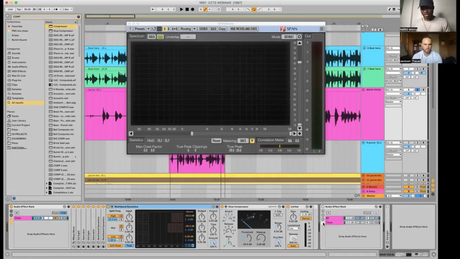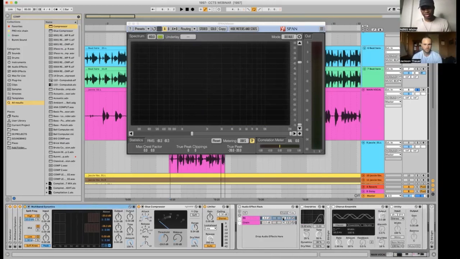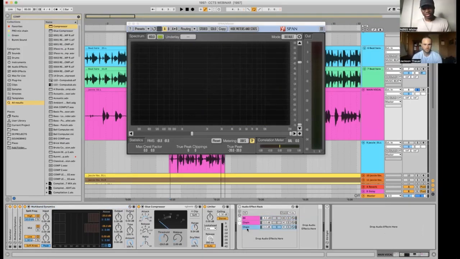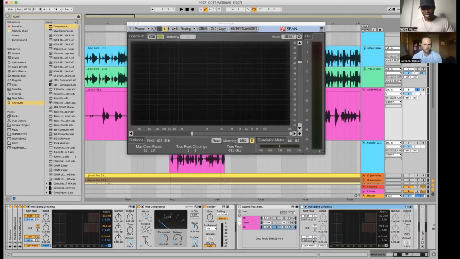So this is what we got so far, which is good, but let's say I want to add some more presence in the 2K area and do a little bit more compression. So let's mute this. Sometimes you don't have to do this, but sometimes if you just want to go above and beyond, have a parallel chain that's really just the 2K and above, probably 2K and above with saturation.